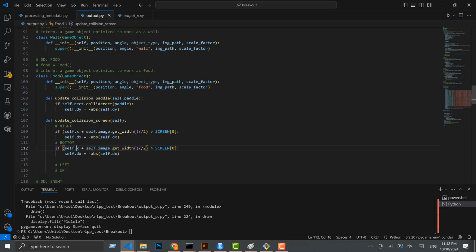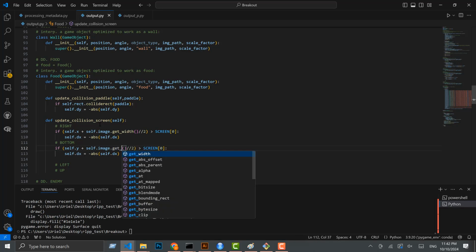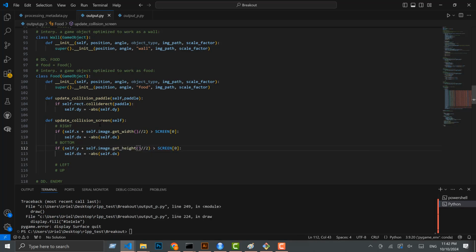To evaluate the bottom, we need to ask for the y-axis. So we use self.y, and instead of the width, as you probably guessed, we're going to use the height, and we still need half of the height. Instead of the index 0, which is the first element, remember programmers are very weird people, so not always, but instead of using 0, we're going to use 1, which is the second element in that constant, and it represents the y-axis. So here we call self.dy is going to be equal to,